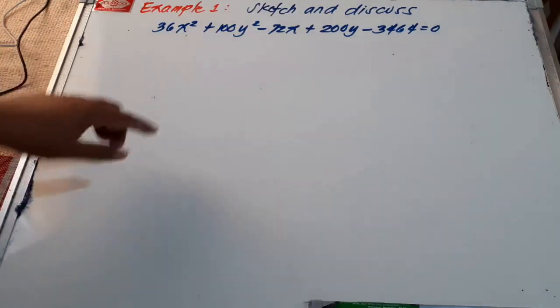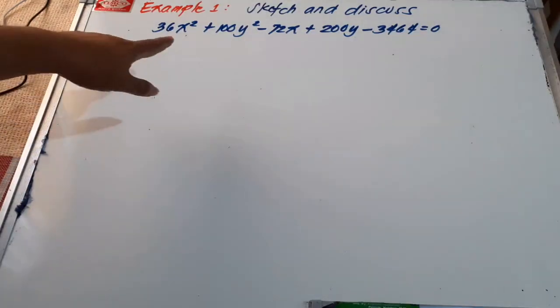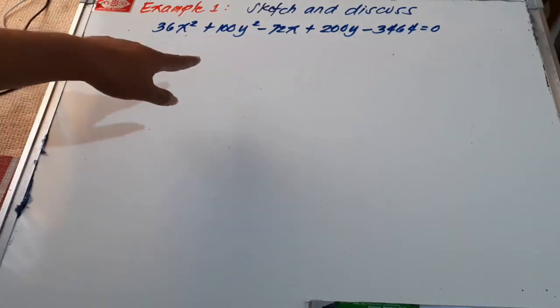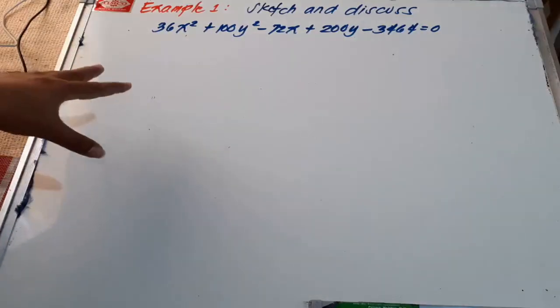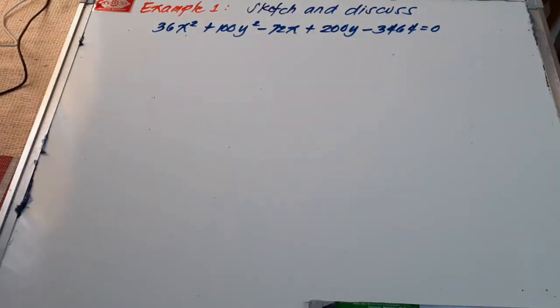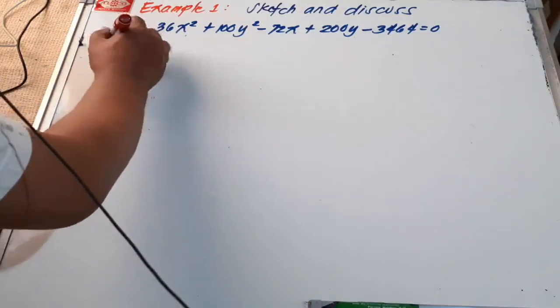Okay, for this example, it says sketch and discuss 36x squared plus 100y squared minus 72x plus 200y minus 3,464 equals 0. So, hindi natin ito mag-graph. We need to convert this equation to standard form para makalaman natin yung center niya and some other parts of the ellipse. So, the first thing that we're going to do is convert